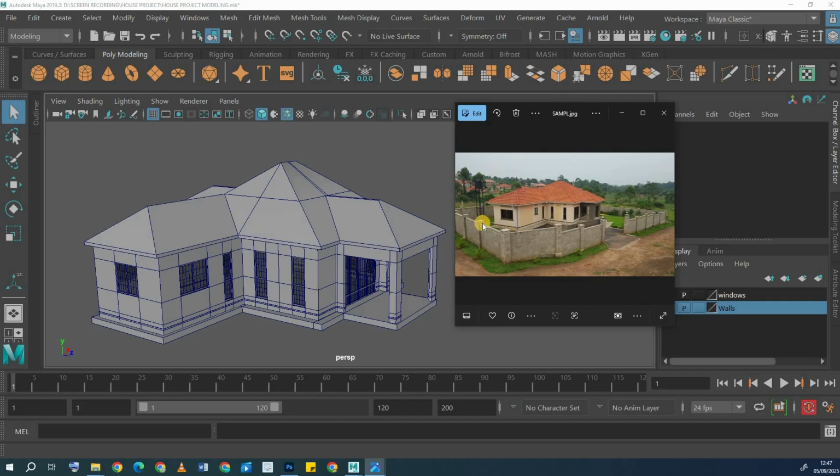Compare the two. And that's it for this stage of modeling. The next phase would be to add some accessories, the perimeter wall, and everything, which I believe you can do on your own. I'm not going to do a tutorial on that. And then the other tutorial will be coloring and texturing. Maybe I'll do